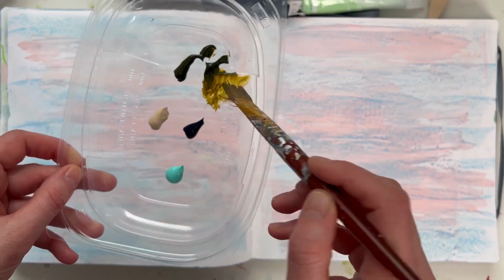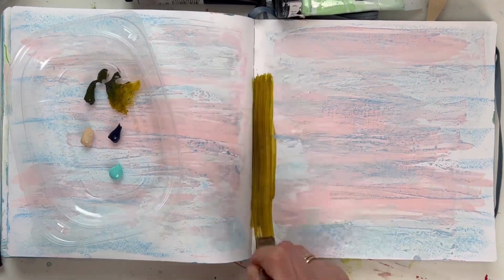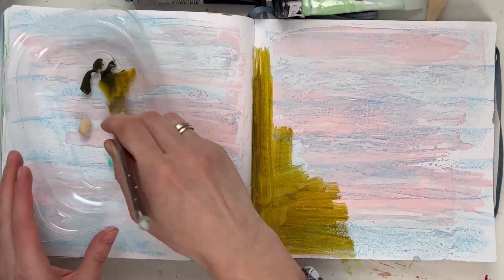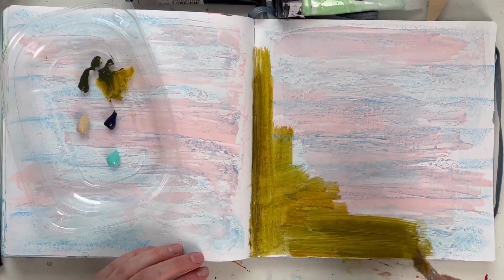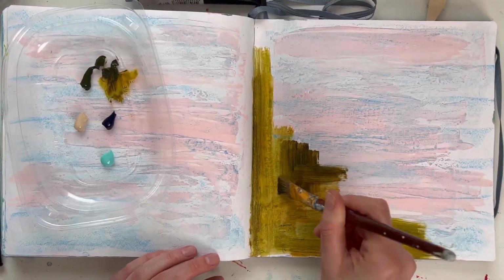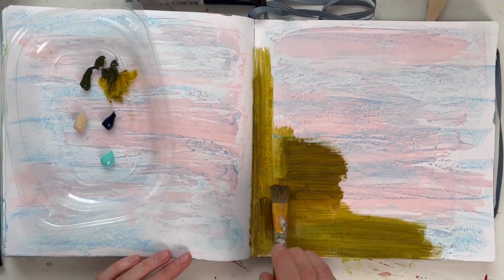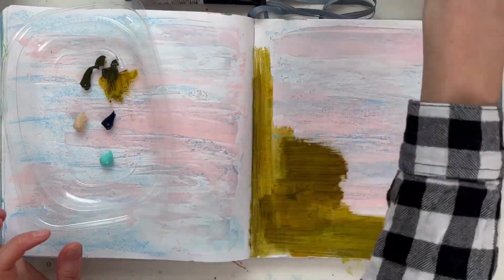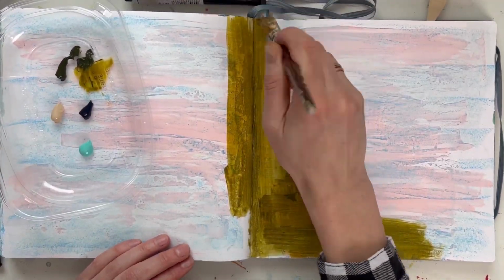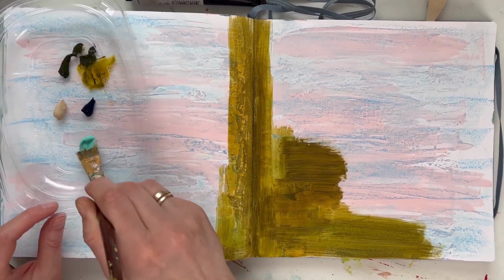There's one process video that I want to share with you. I could not wait to properly test my new paints, and I had this one piece unfinished in my sketchbook. It was just like some background with texture, and I decided to work straight on top of it. And I really enjoyed this new color that I have, which is olive green. I think it's my most favorite of the bunch that I bought,